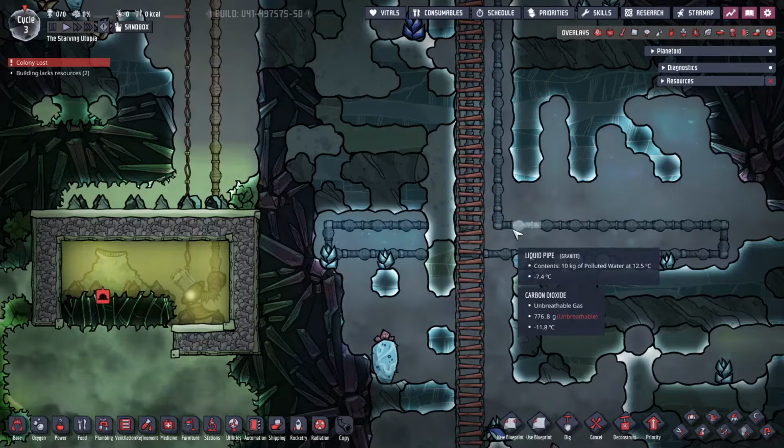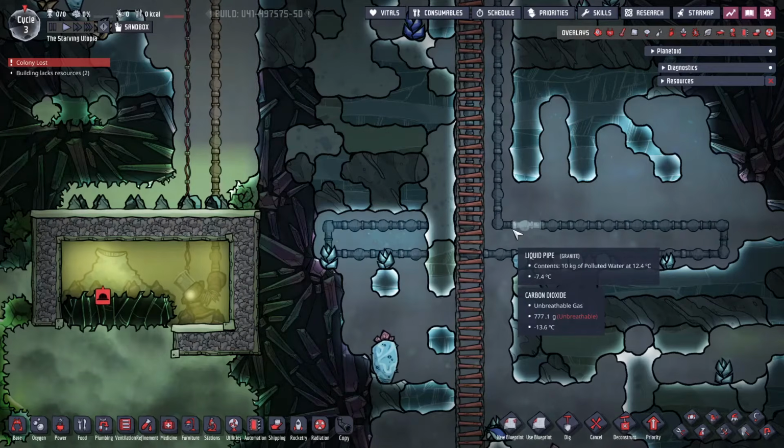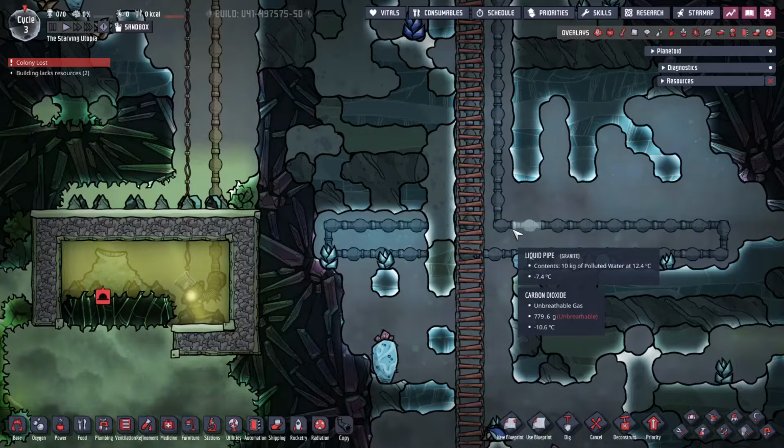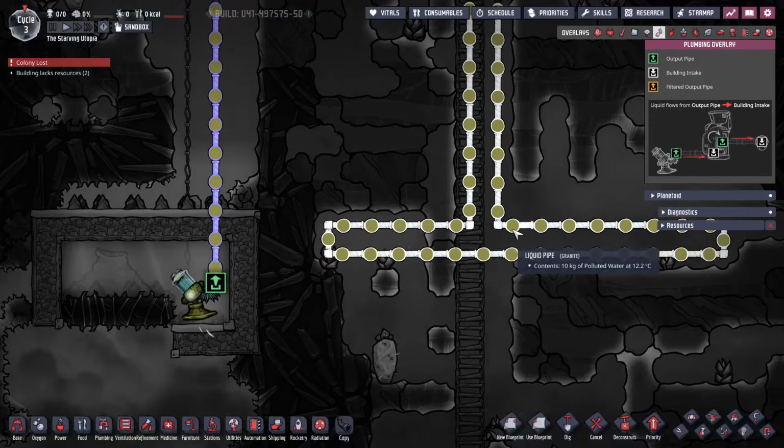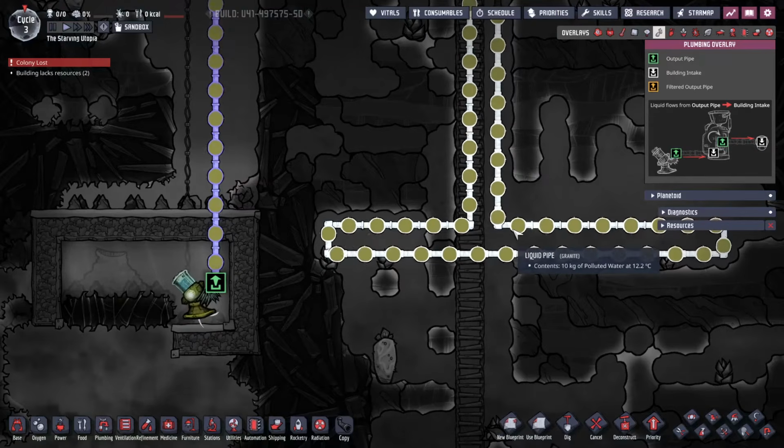The next way is building a cooling loop through a frozen biome, which can cool things down for a limited time. This is done by forming a closed loop, usually with polluted water as a coolant, to move heat into the frozen biome, although this will eventually get hot.